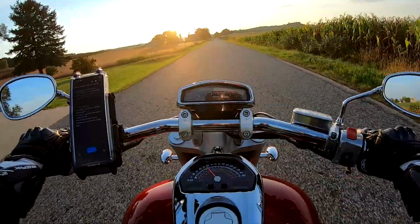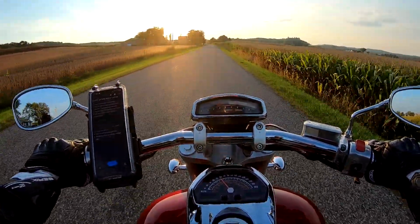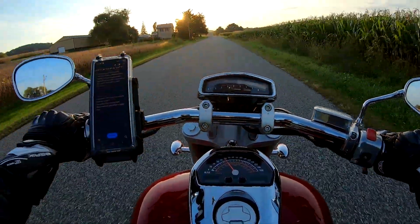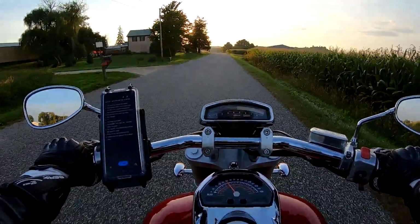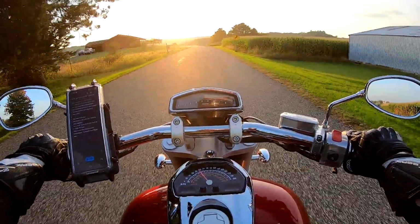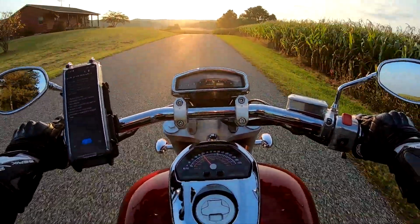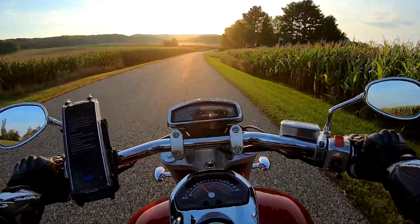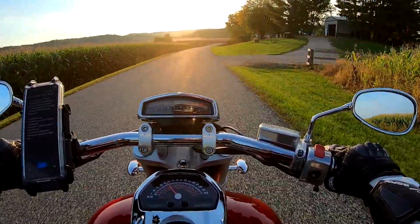Okay, so yeah, let's continue on here with the handling. If you haven't ridden a bike with a big rear tire, you really should, just to get the feel of it. It's a very unique, different feel, and it's something you can't really experience in a tire under maybe 200,